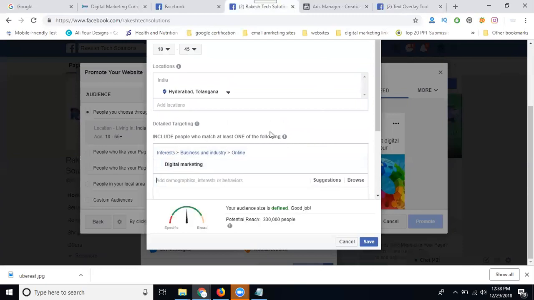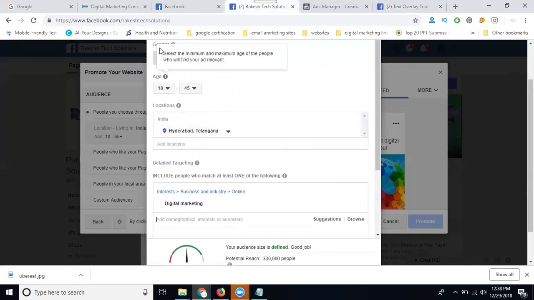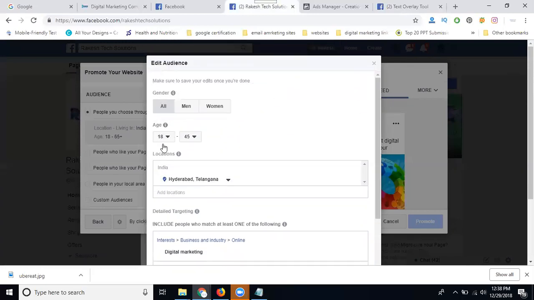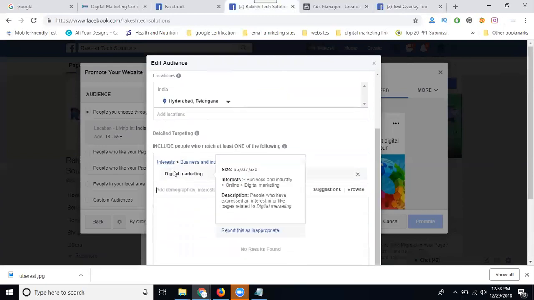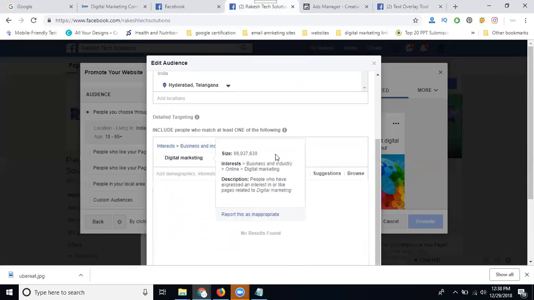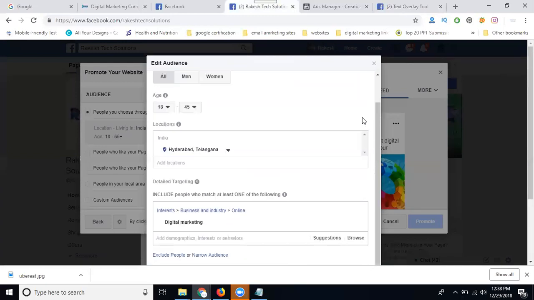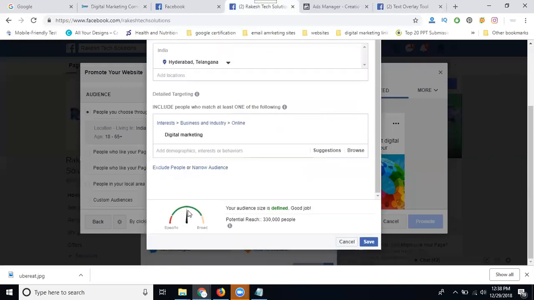Always remember, when you're creating an ad, while selecting gender, age, location, or interested people, the cursor should always show in the middle. If it's showing a red mark or a yellow mark, there you are getting it wrong. It will show an error: your preferred traffic is wrong.